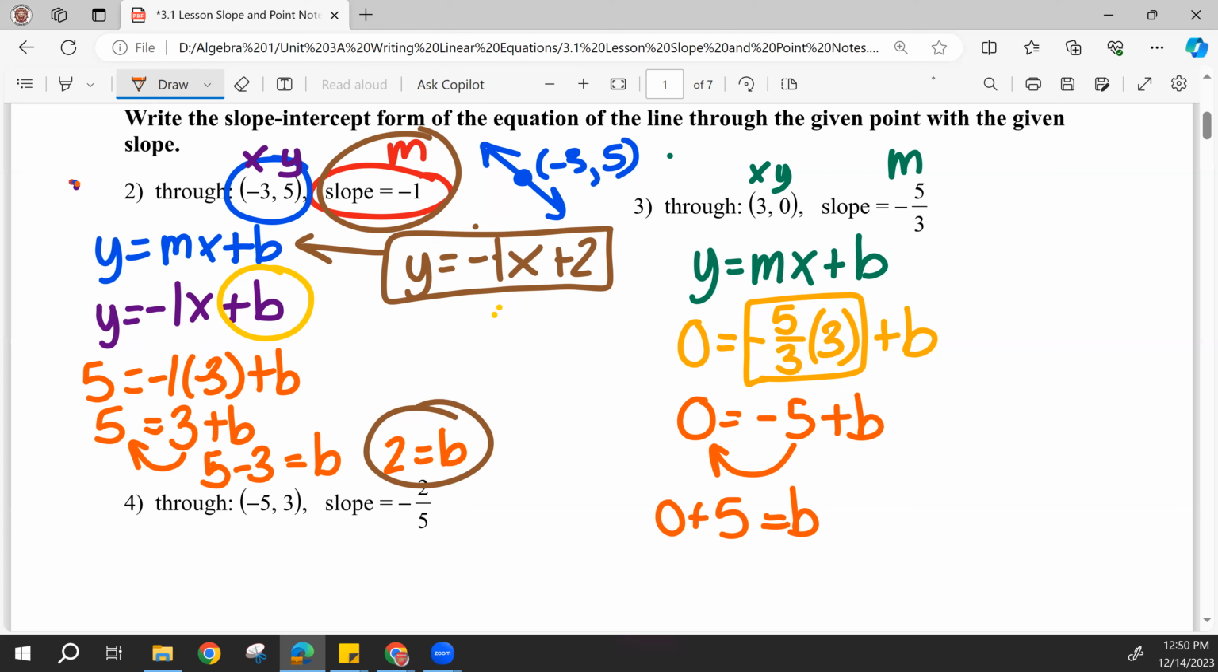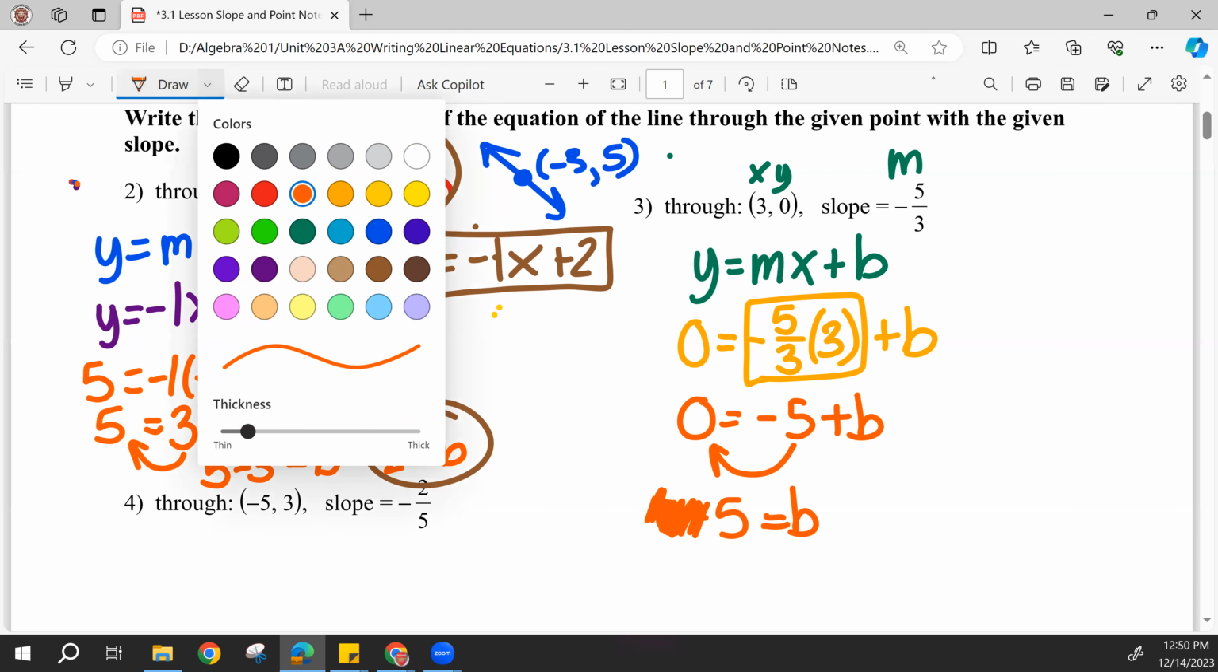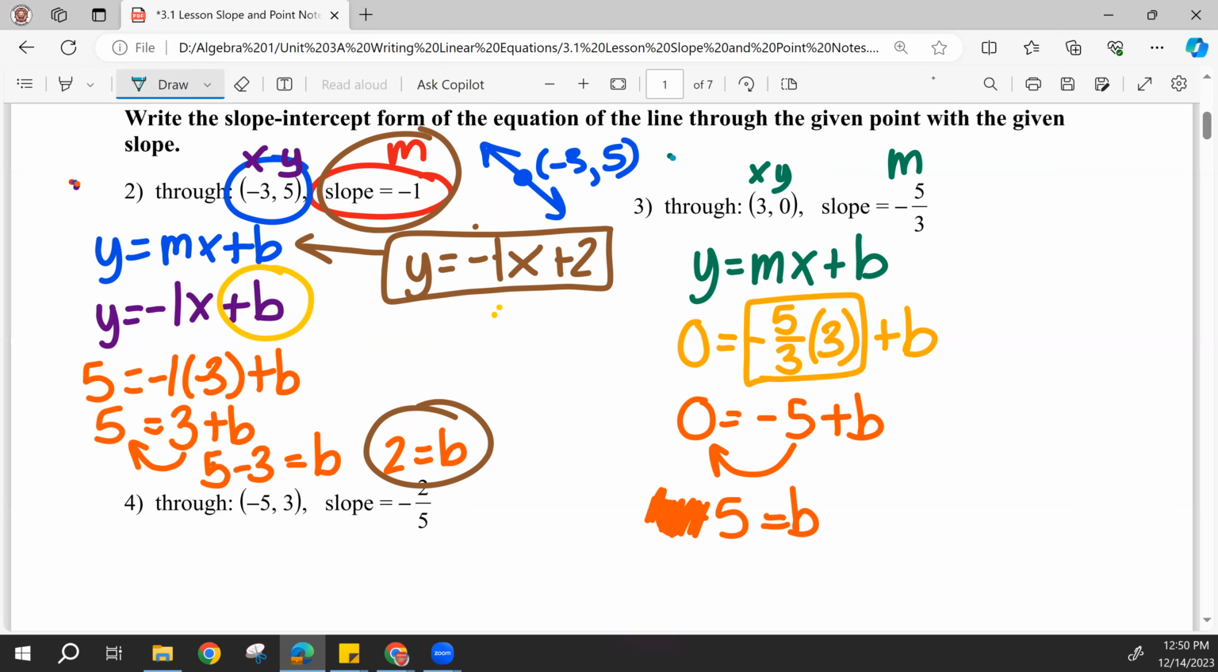And we don't really need to bother with this 0 plus. So we find that b is equal to 5. And so we're not going to stop there. We've done good work, but we're not going to stop there. We're going to go back